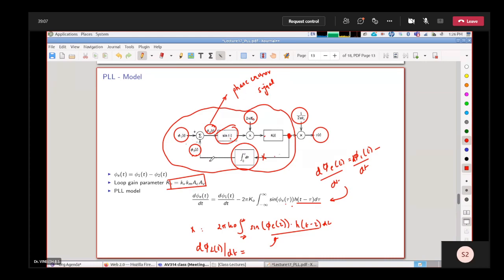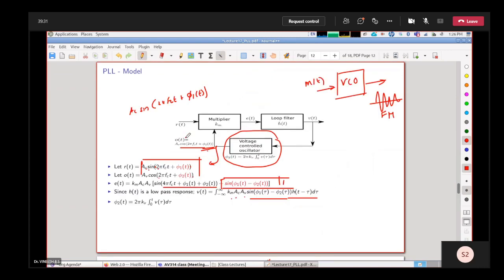Okay, so what we are doing is we want to construct a model for the PLL which is easy for us to analyze using the tools that we know. The tools that we know are linear systems theory, or maybe linear systems theory applied to control. So we will look at the signals that are of interest to us. The signals of interest are these angles, not the actual signal coming from the VCO. The actual signal coming from the VCO is this cosine signal, cos of 2 pi fc t plus phi 2 of t.